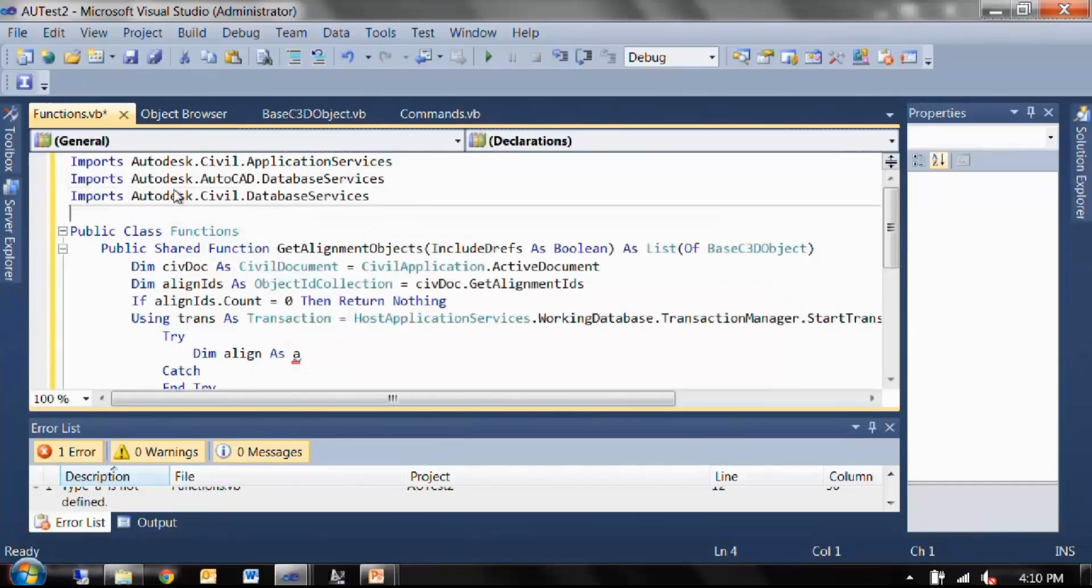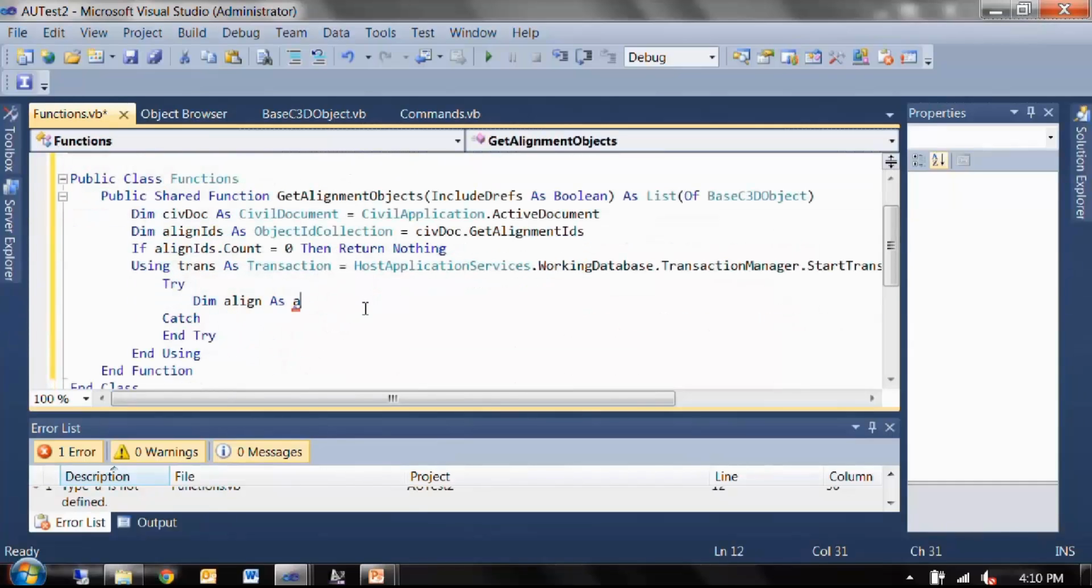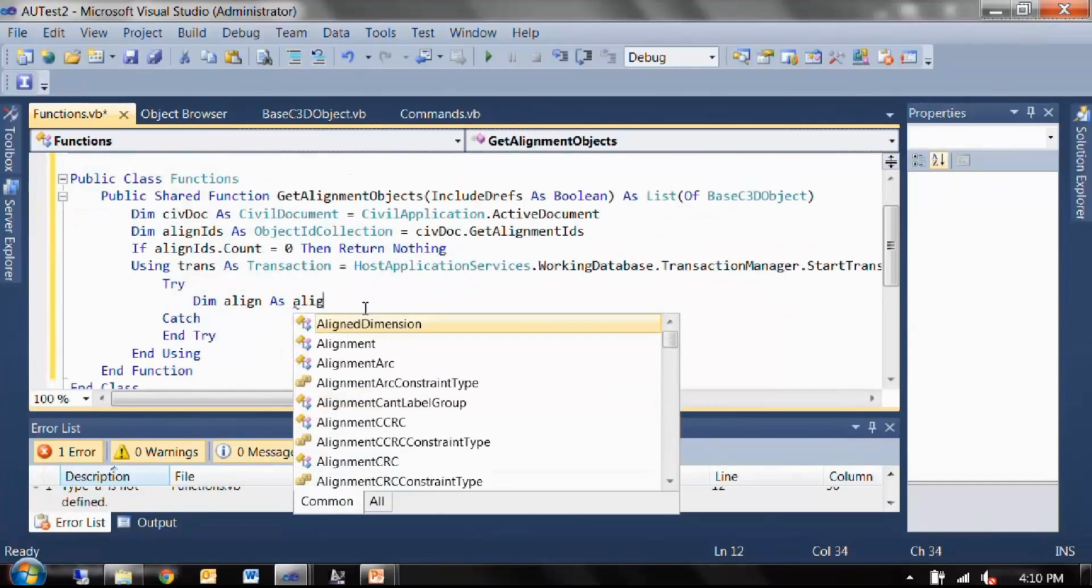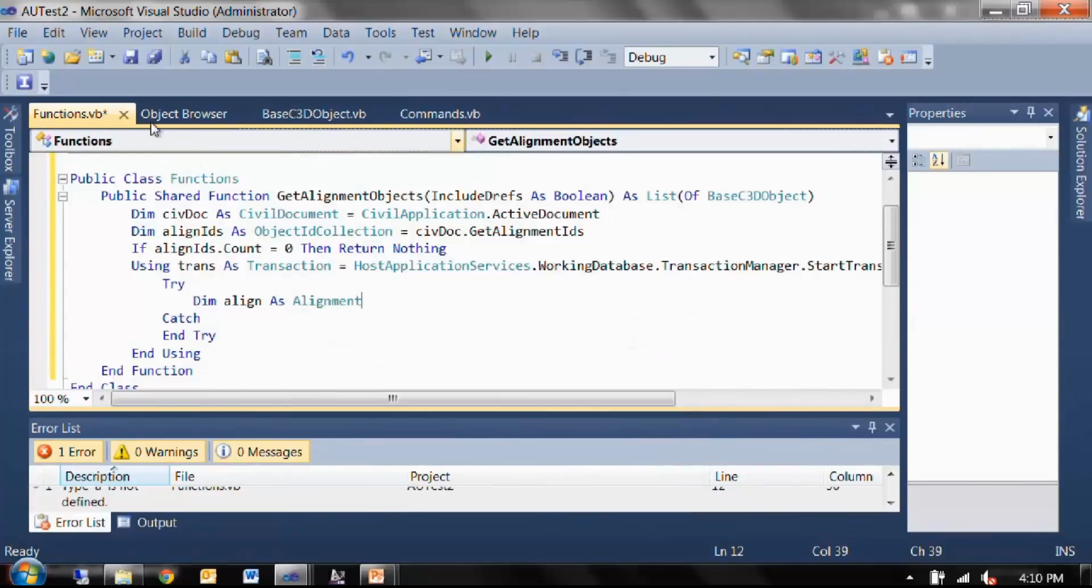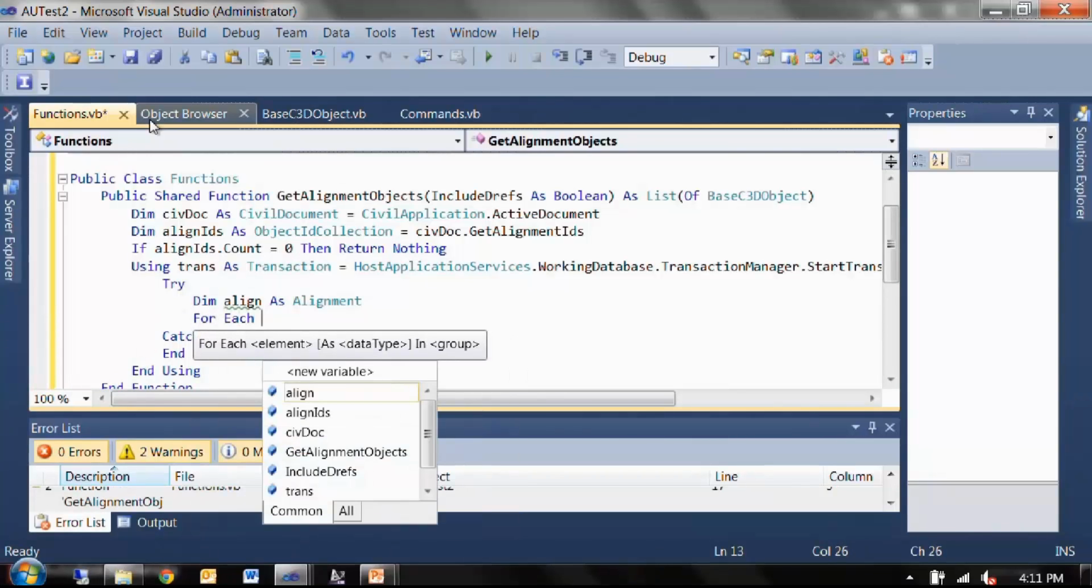When I teach classes, a lot of people say the biggest challenge is just learning where everything is. If that's the case for you, Object Browser can be a very nice friend. Object Browser lists all the objects that are currently referenced by your project, and you can just type in what you think you're looking for, and it'll give a list. So dim align as alignment, and then I'm going to loop through